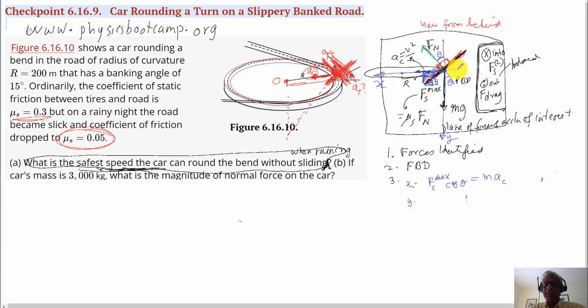is going to be, oh, actually there is a normal force. Normal force has an x component as well, so this is Fn sine theta, and the right side will become mv square over r. On the y direction,